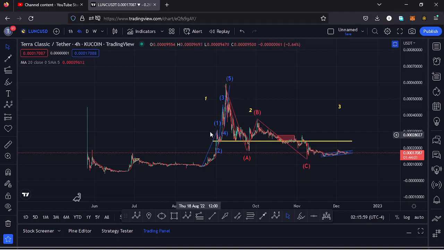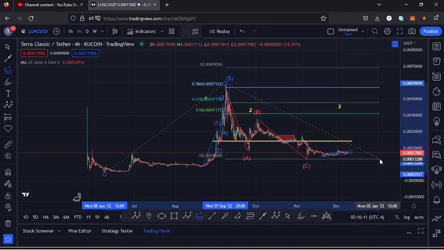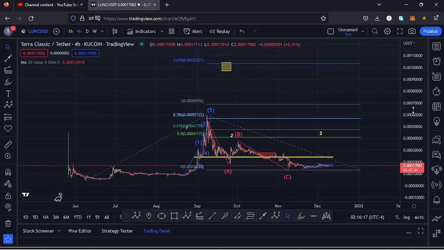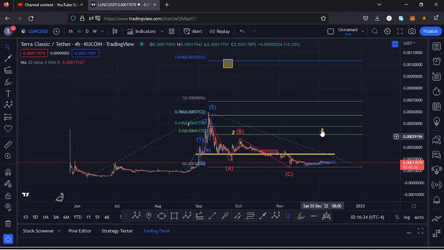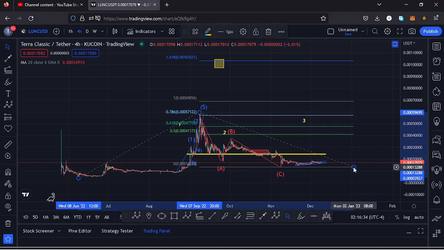And I can first sketch out a minimum target area to the upper side in the formation of that wave 3 using a trend-based Fibonacci, connecting it from the low of the first wave down there to the high of the wave 1, then dragging the Fibonacci's to the low of the second wave, and that gives me a minimum target area to the upper side at the Fib level 1.618, and that perfectly lies at around the $0.01035 mark. And in case that movement plays out in the formation of that wave 3, then Lunc might be able to reach $1. So let's be patient and see how that plays out, whether we are going to see the formation of that wave 3 to the upper side on the long term.